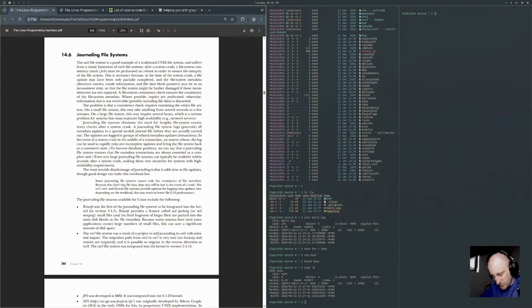To borrow database parlance, we can say that a journaling file system ensures that file metadata transactions are always committed as a complete unit. Even very large journaling file systems can typically be available within seconds after a system crash, making them very attractive for systems with high availability requirements.